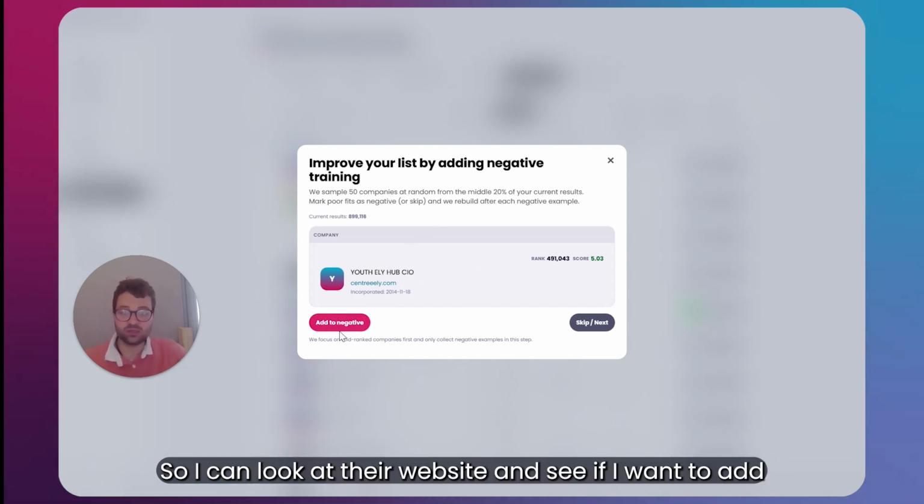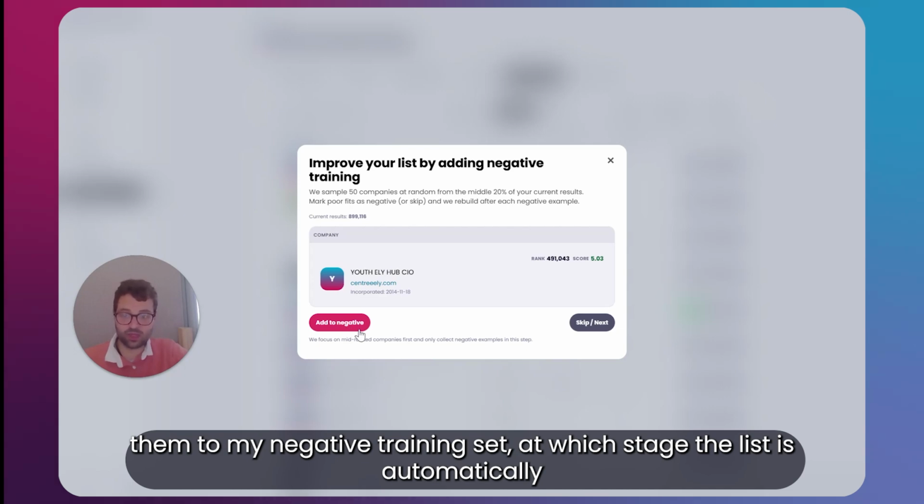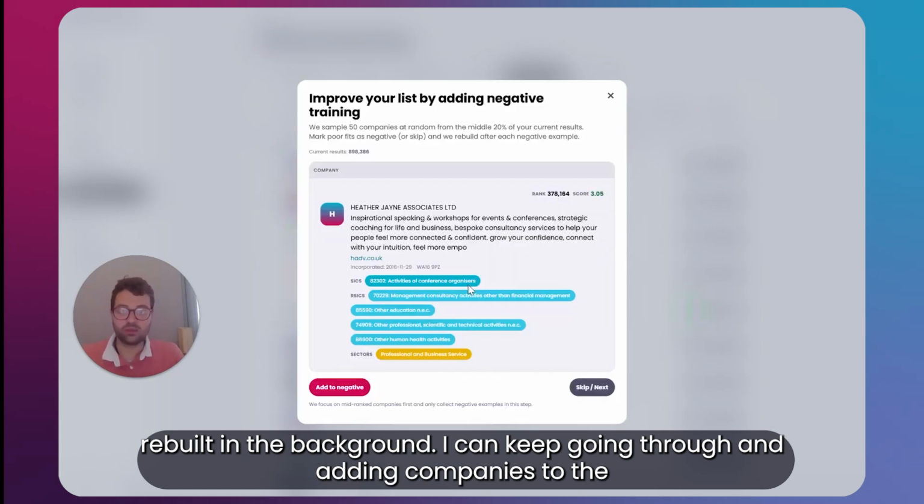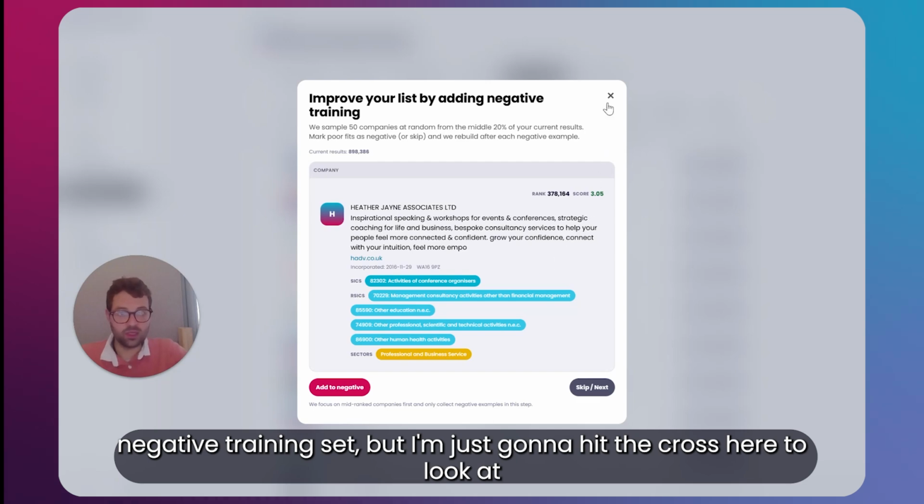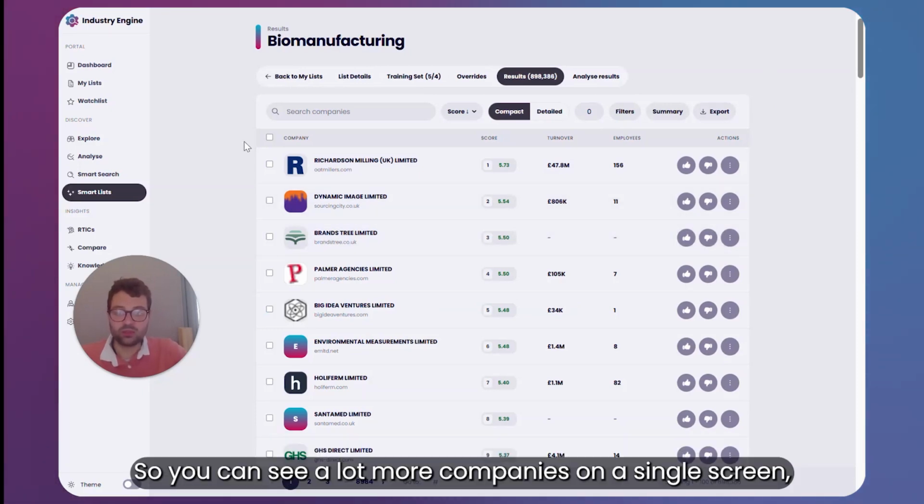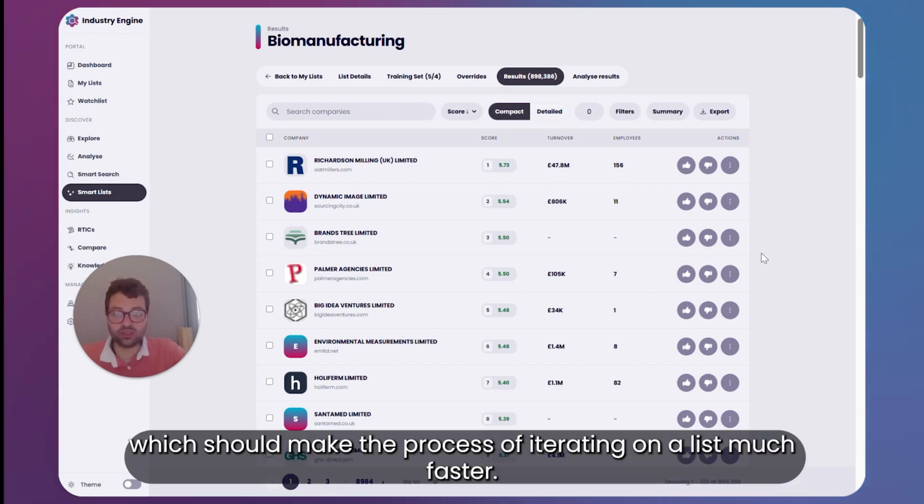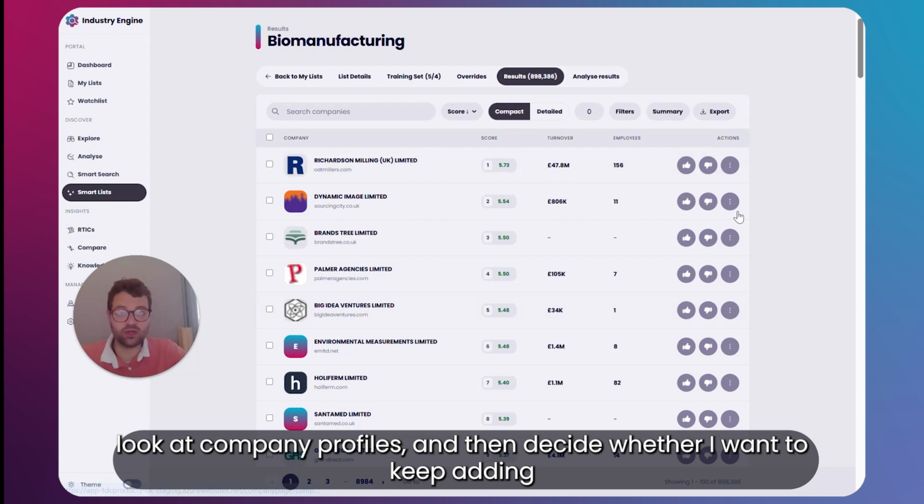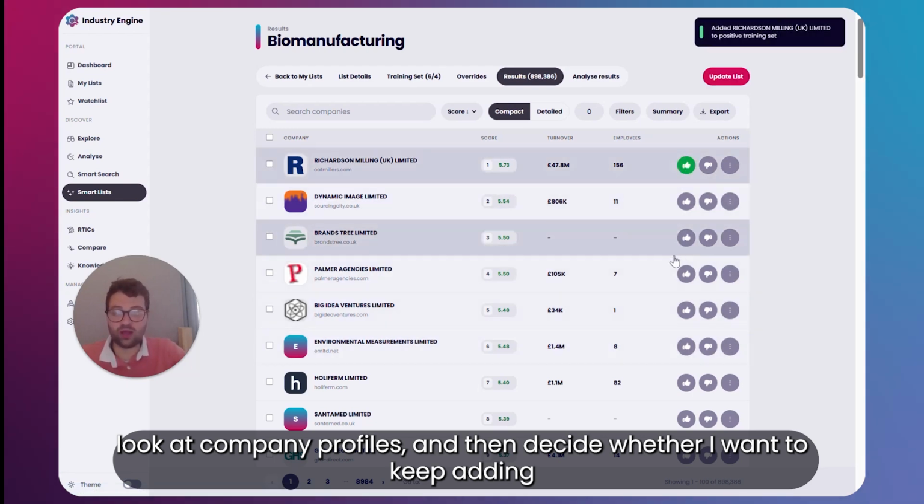So I can look at their website and see if I want to add them to my negative training set, at which stage the list is automatically rebuilt in the background. I can keep going through and adding companies to the negative training set, but I'm just going to hit the cross here to look at the results. And you can see that we've completely redone our list UI. So you can see a lot more companies on a single screen, which should make the process of iterating on a list much faster. So I quickly scroll down, look at websites, look at company profiles, and then decide whether